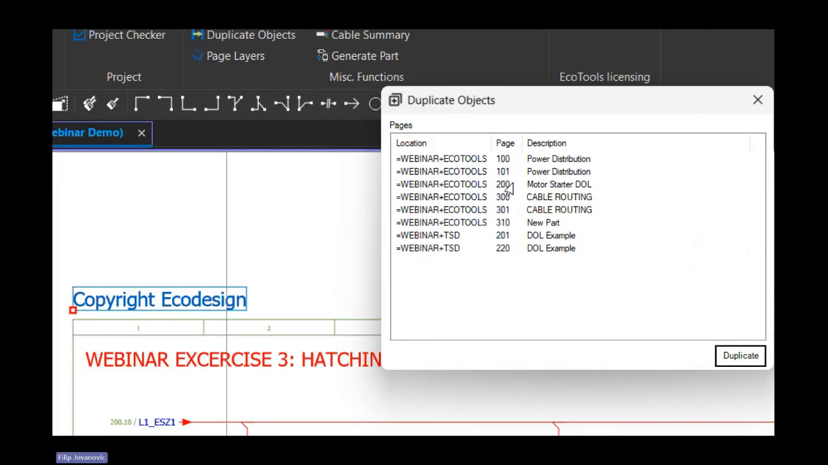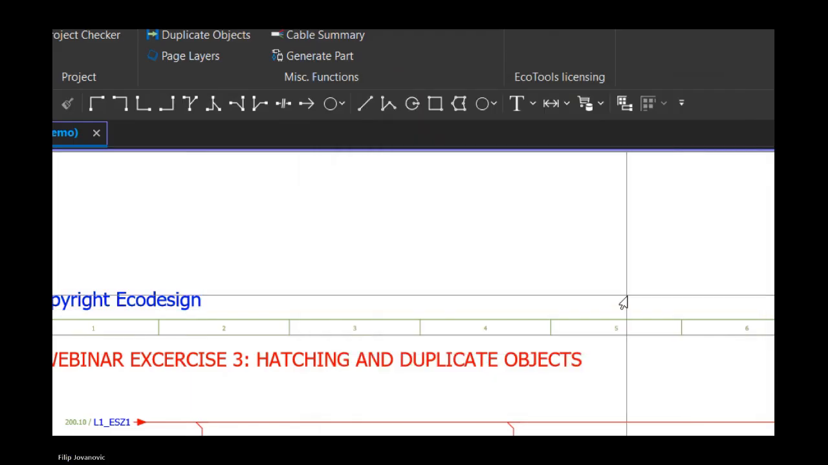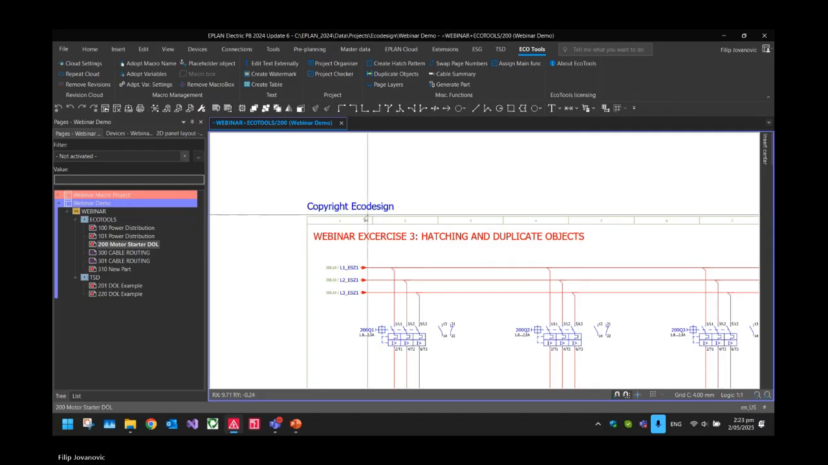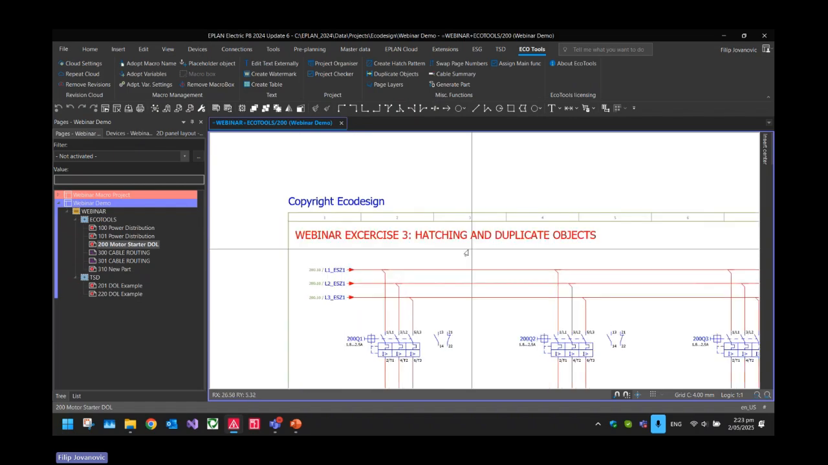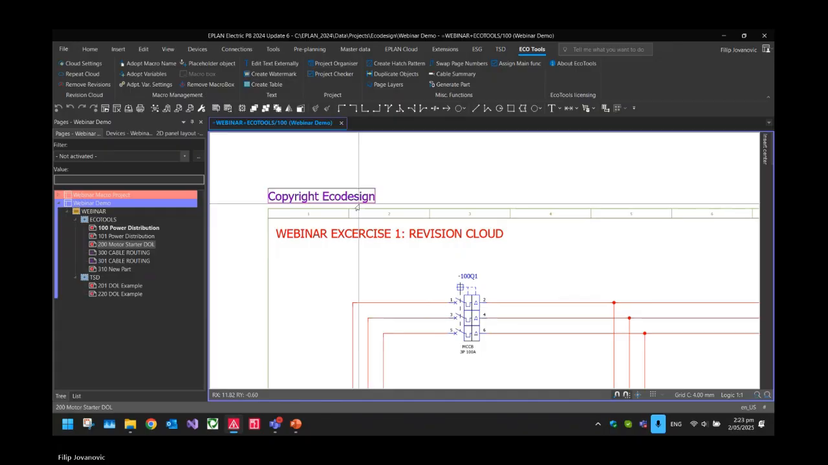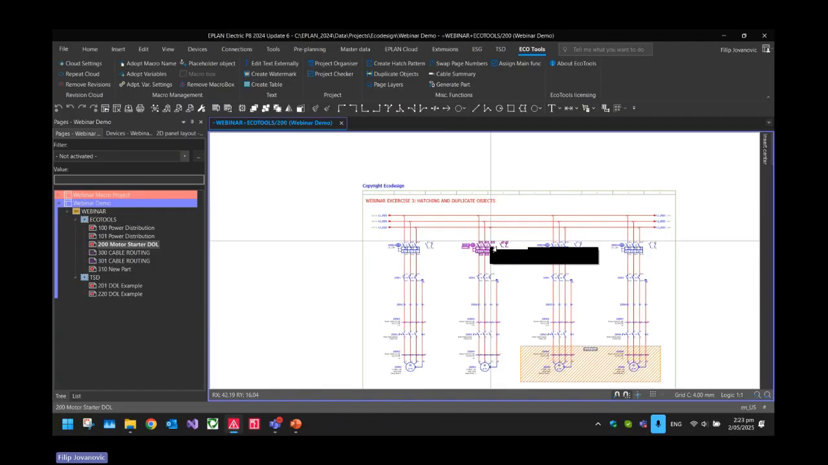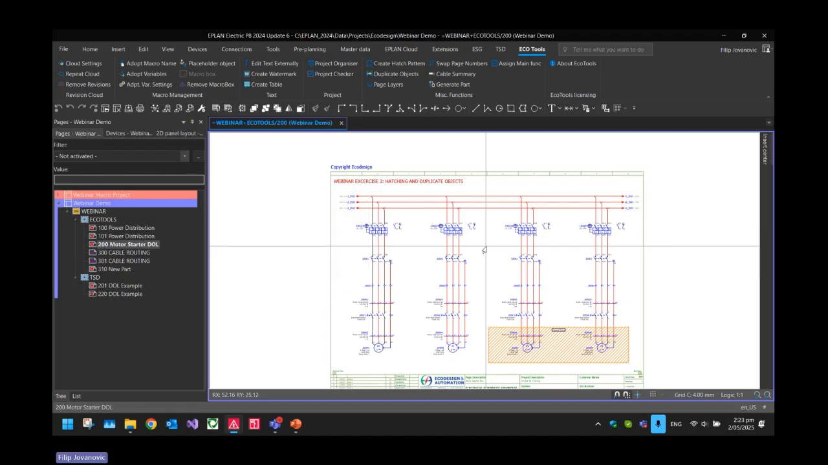I can see these are all the pages in my project. So let's see, I'm on page 200, so I'll select the 2 above, duplicate. And now let's see if this worked. So exercise 3. Yep, it worked. Okay. Next one